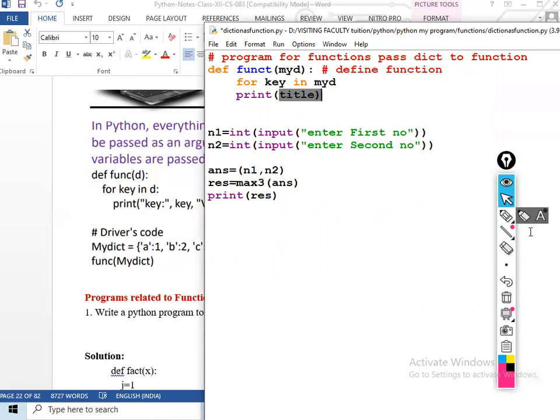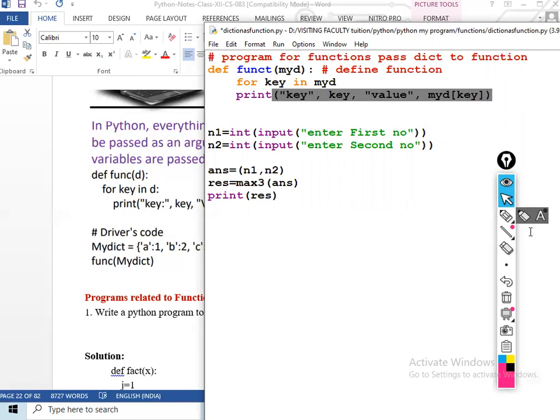Print key and then value, then my d bracket with key.